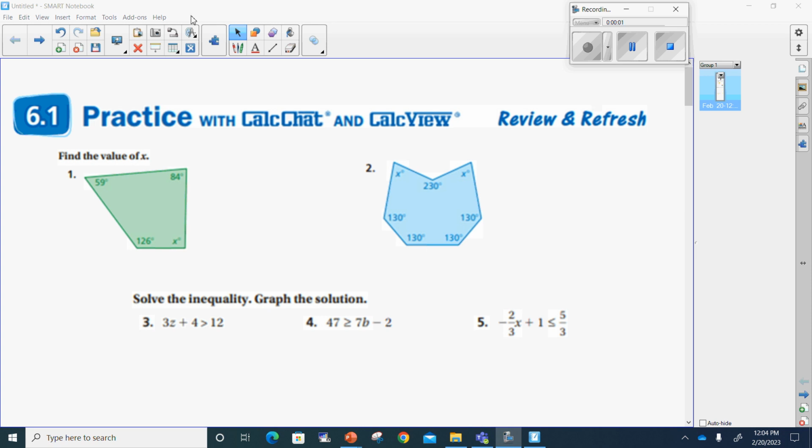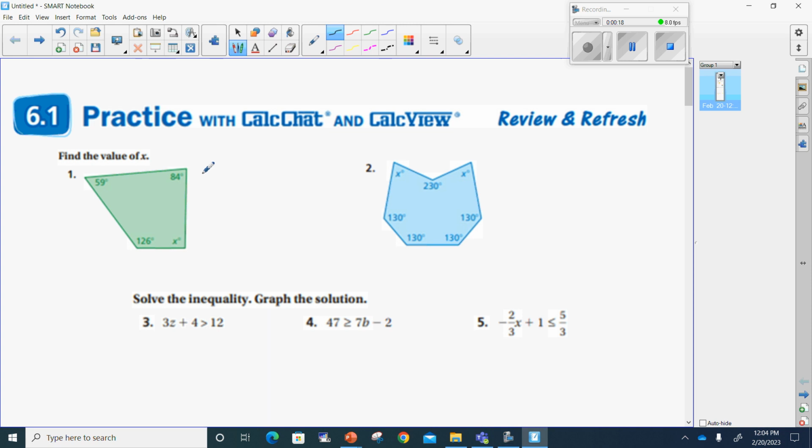Grade advanced class. Let's go ahead and knock this out. I'm going to take all the odd ones. Find the value of x. If I'm finding the value of x, I've got to use that formula that we came up with for finding